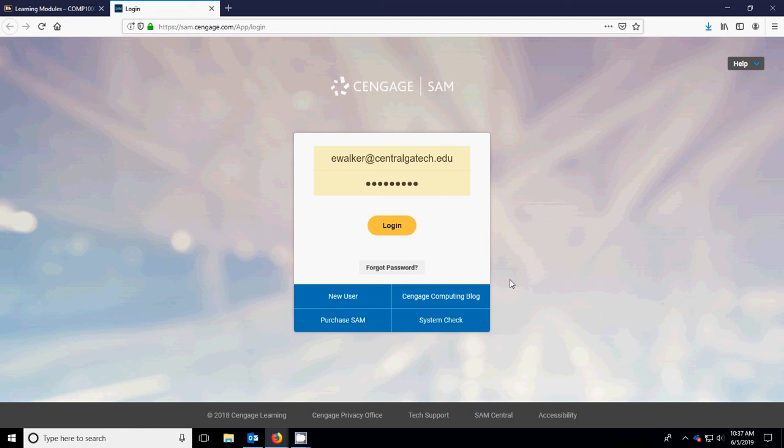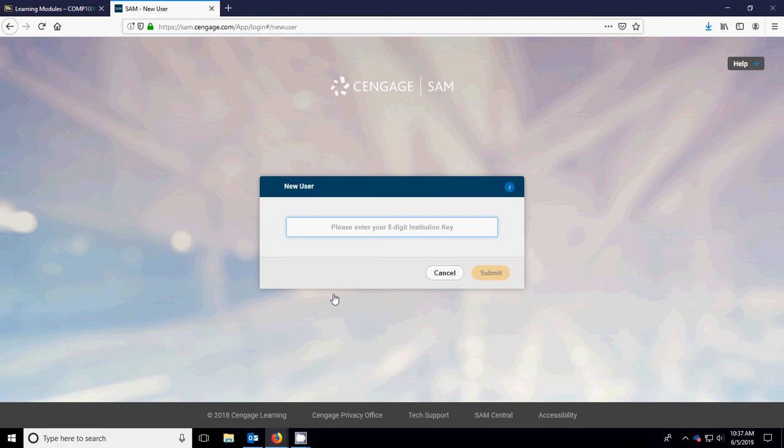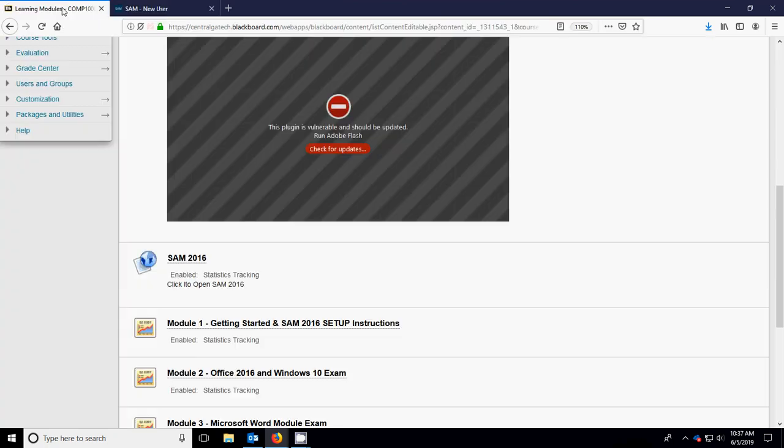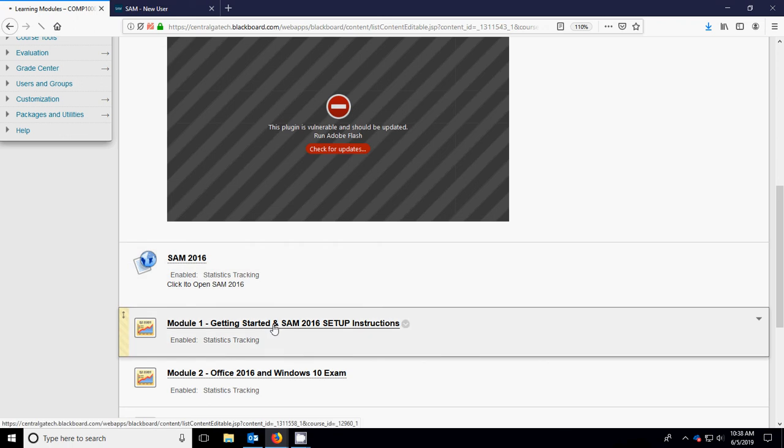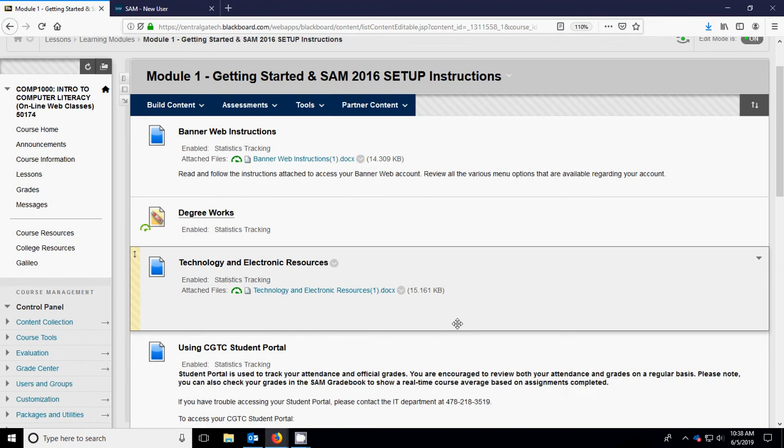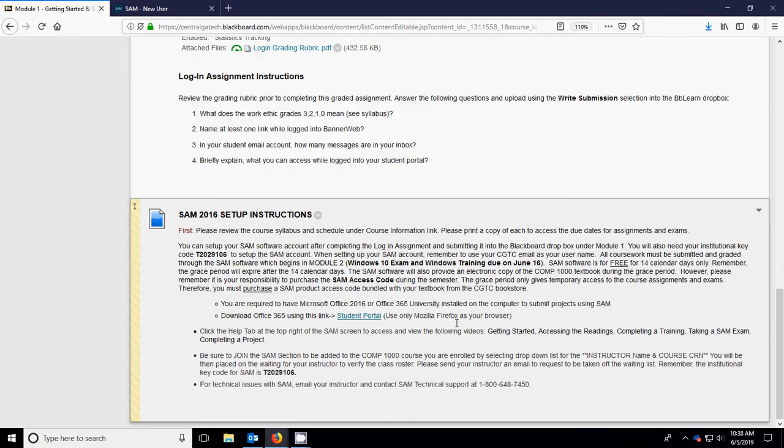But in your case, you're going to want to set up a new account. So come on down over here to New User. Click on New User, and it'll say please enter your 8-digit institution key. Since you have your learning modules open, you're going to pop over into our Getting Started section, and it'll take you down to the SAM setup instructions. And again, it gives you the instructions you should have already done. But they're also going to ask you for your institutional key. And the institutional key for Central Georgia Tech is